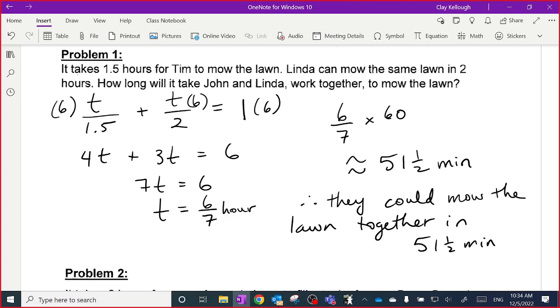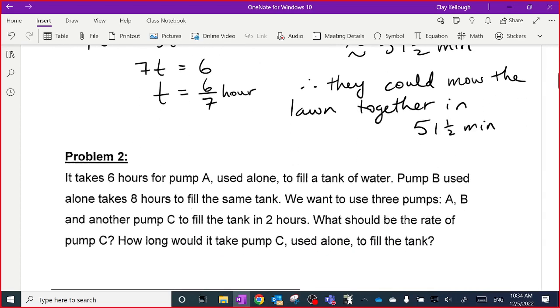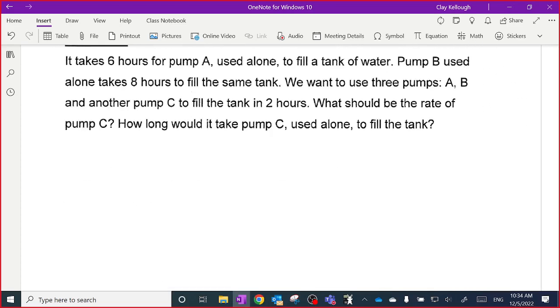Problem number 2. It takes 6 hours for pump A used alone to fill a tank of water. Pump B used alone takes 8 hours to fill. We want to use 3 pumps, A, B, and C, to fill the tank in 2 hours. What should the rate of pump C be, and how long would it take pump C working alone to